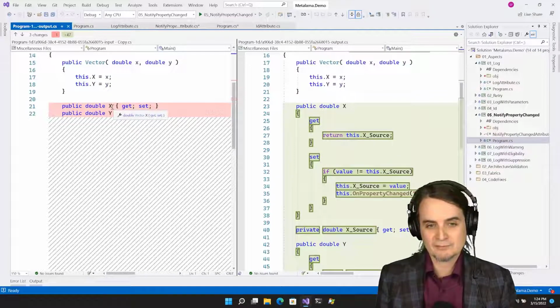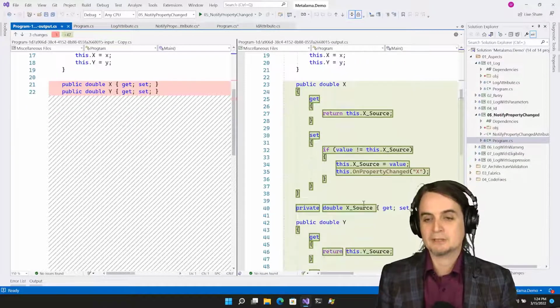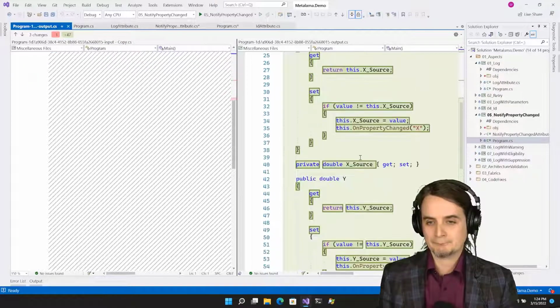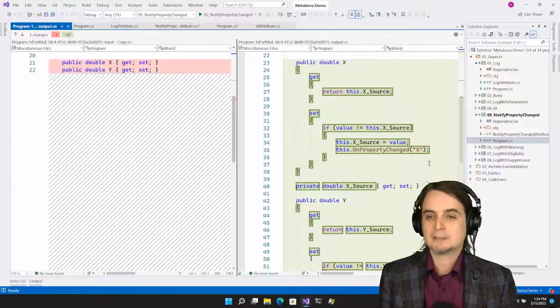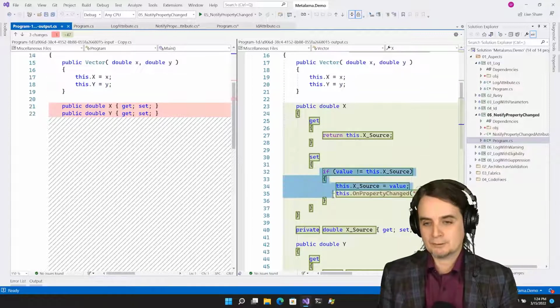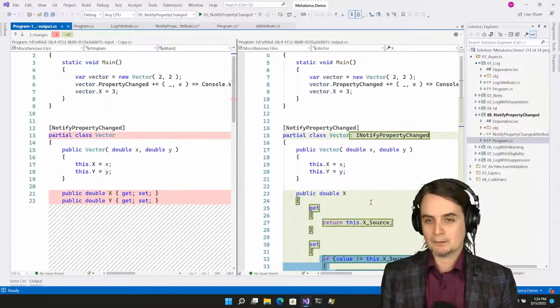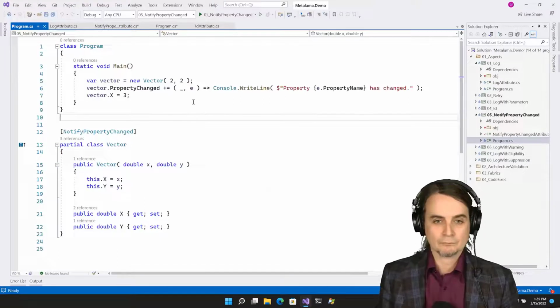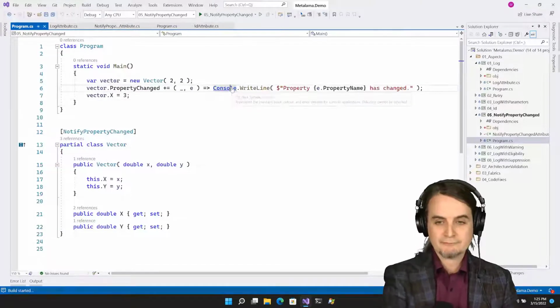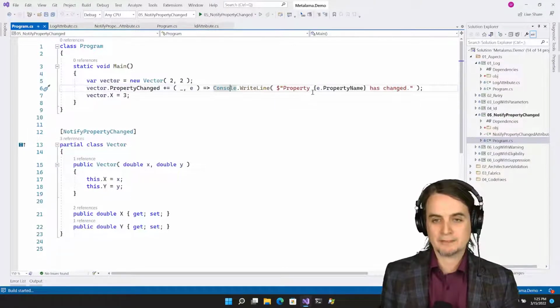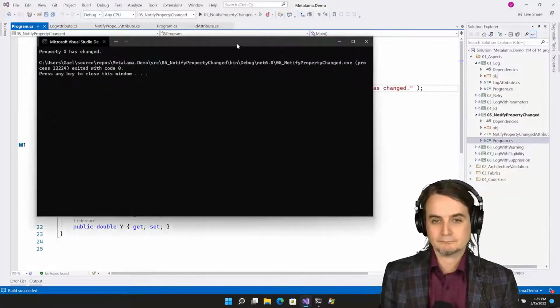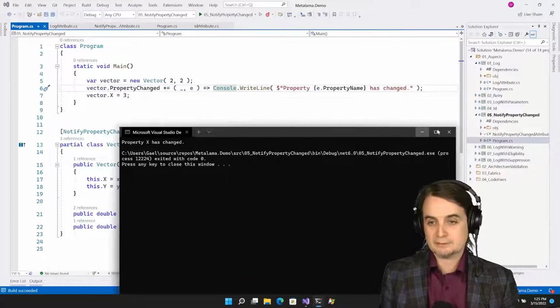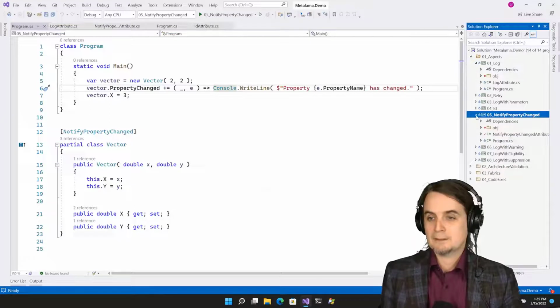So instead of having an automatic property, you now get an underlying field, and you have this logic. And of course, we add the interface implementation here. So let's see if the event is going to be raised. Yes, that's going to be raised.